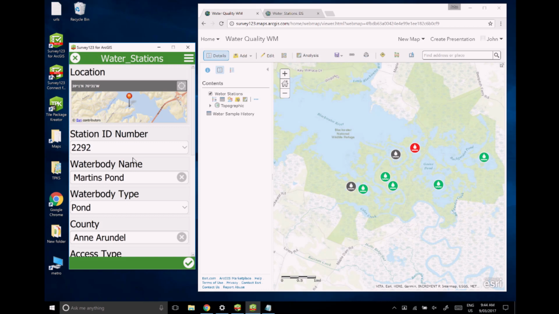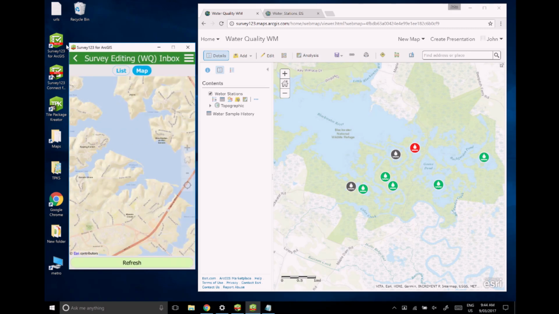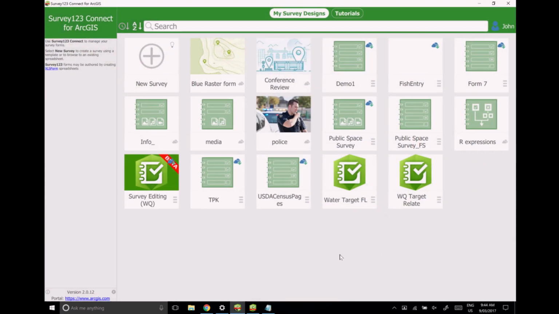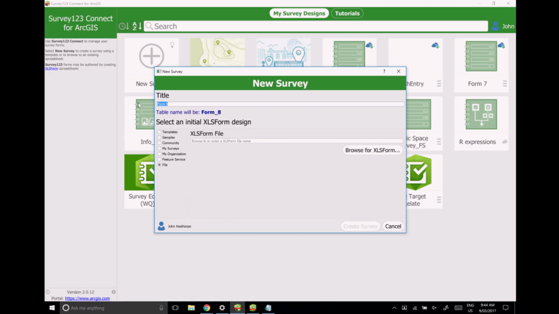So what I'm going to do now is just take you through the workflow of enabling editing within your own surveys, just so you can get a handle of what you need to do if you want to implement this functionality on your own surveys. So I'm just going to exit this one, and I'll jump into Connect. Okay, so I'll create a new survey from scratch here, just from File, call it Editing,